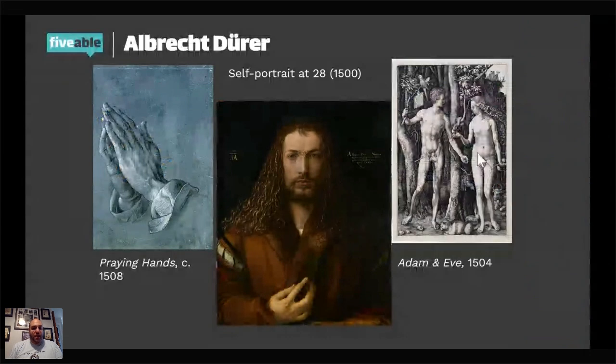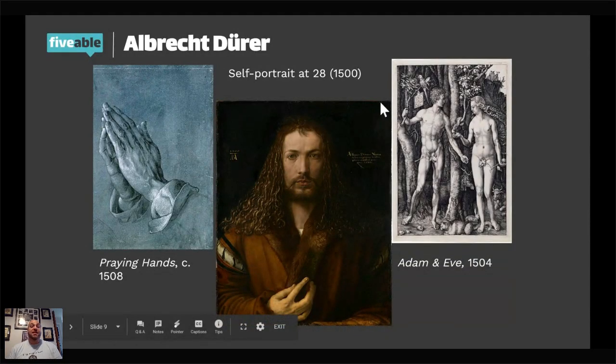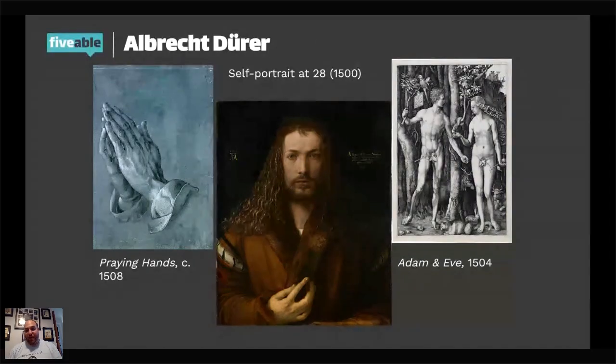Now, Albrecht Dürer is the next master that we have from the Renaissance in the North. And when I was younger, I remember seeing this painting here in the center. So it's his self-portrait at the age of 28, painted in 1500, right? And I remember the first time I saw it, I didn't know what it was. I was like, oh, it's Jesus. And then I come to find out from my teacher when I was in college that a lot of the Western images that we have today of Christ, when you see him in artwork, so post 1500, draw upon Dürer's self-portrait.